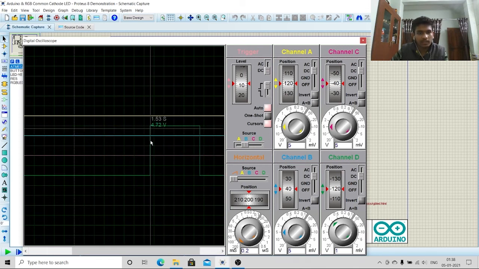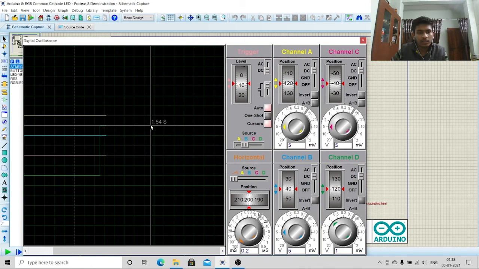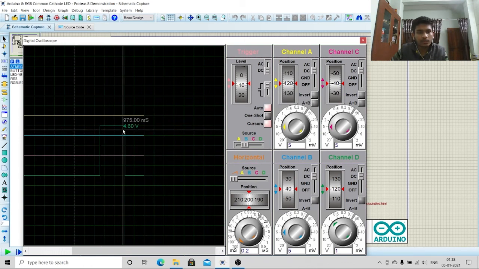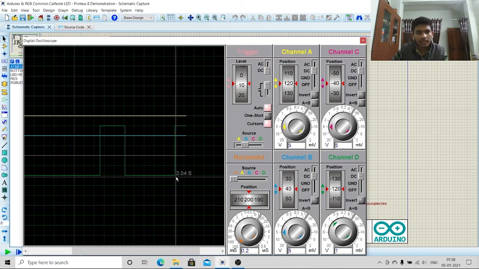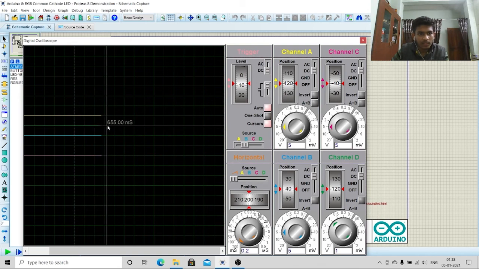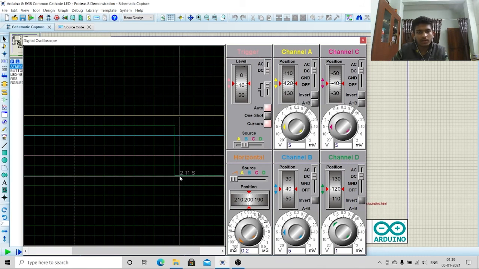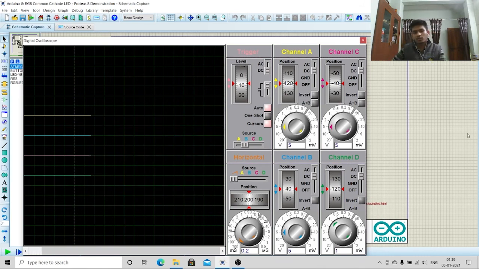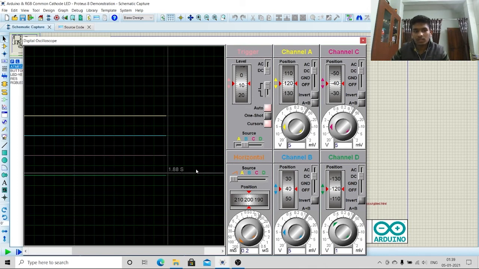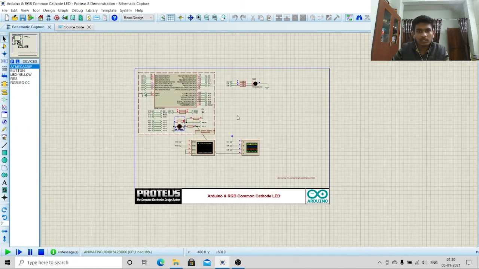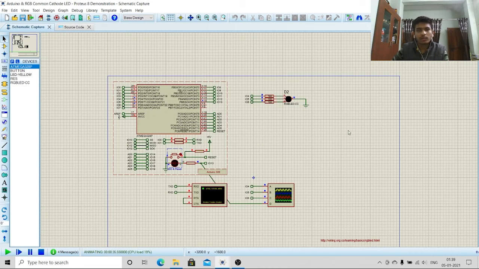See, this is the signal: for a few seconds it glowed and then dropped, again it glowed for a few seconds and dropped, and again it rises and glows for a longer time based on the code. It glows for 2 seconds and then drops, and here it drops for 4 seconds. Using this oscilloscope, we can read the signals which are coming, the digital signals, current signals. This is what my project is.